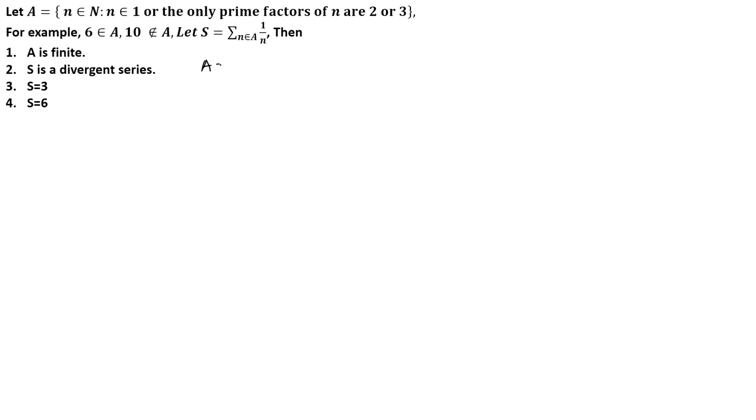So this is the question in front of us, and A is the set of all n belonging to N such that n is either equal to 1 or the only prime factors of n are 2 or 3. So n can be written as 2 raised to i into 3 raised to j, because this is what the prime factorization of any element of A can be, where i and j are elements from N union the set {0}, that is all the non-negative integers, integers from 0, 1, 2 to infinity. So this is how we can simplify A.